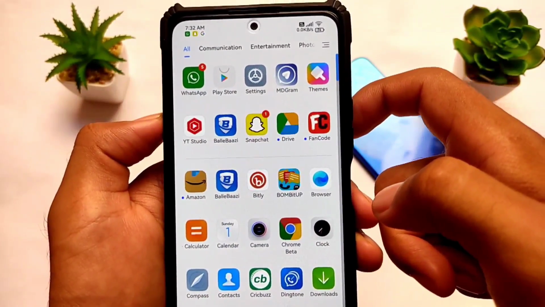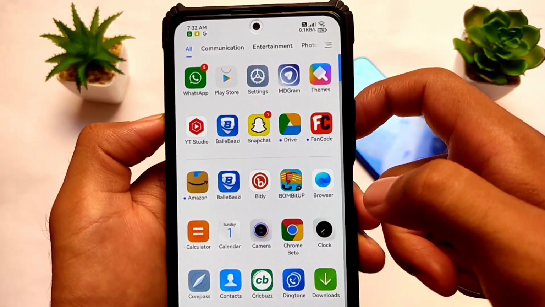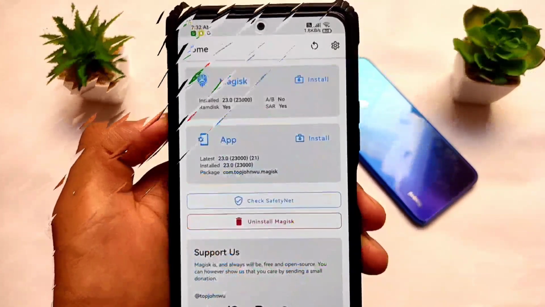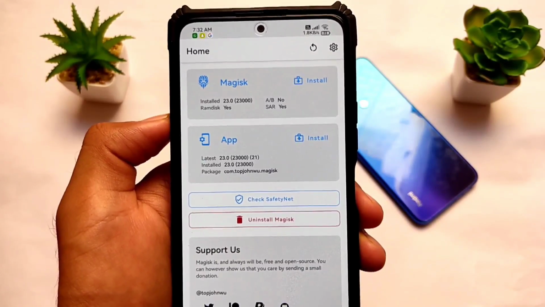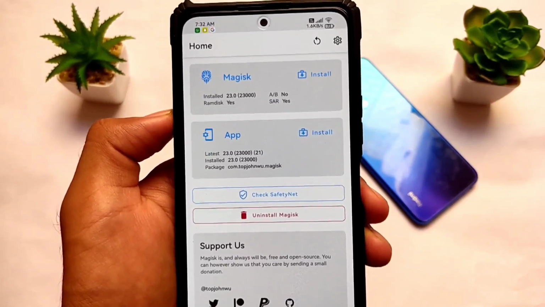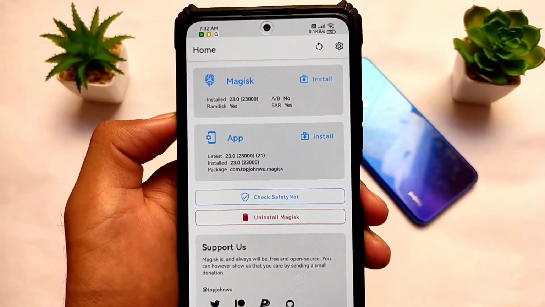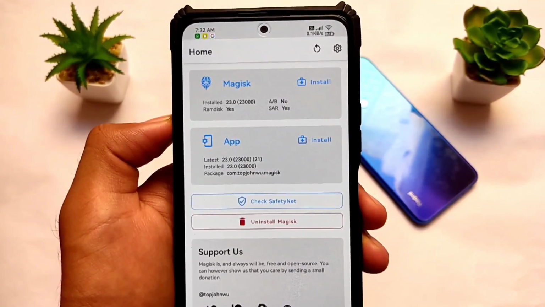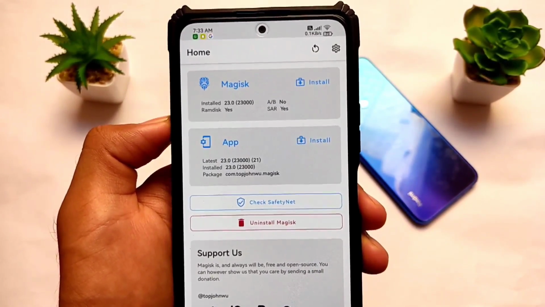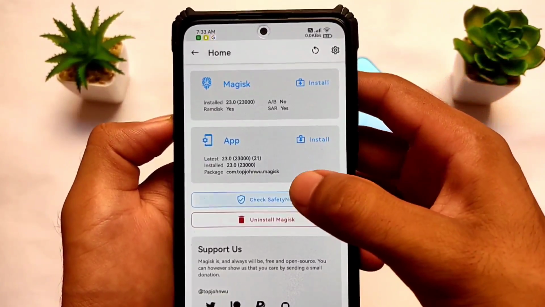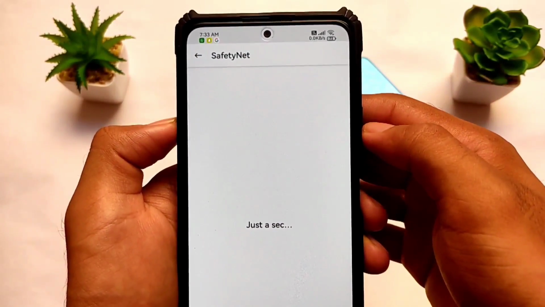One of the major concerns after rooting your device or installing a custom ROM is the safety net status. A lot of users were looking for it, as the safety net status is broken and they were not able to use banking apps on their devices. So don't worry about that. I'm also using Magisk. My device is rooted, with unlocked bootloader and a custom ROM installed. But the best thing is, if you have rooted your device, you can still pass the safety net status without having any issues. This is Xiaomi EU official, so no worries about that.